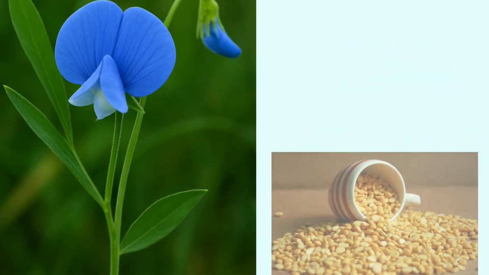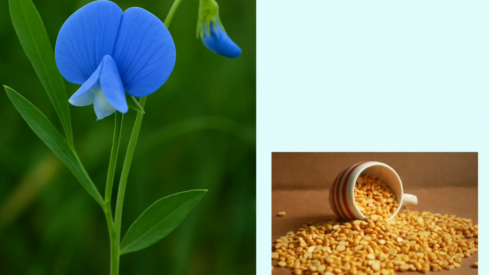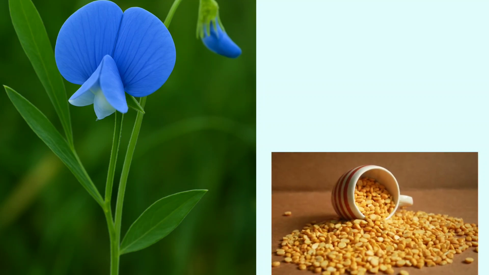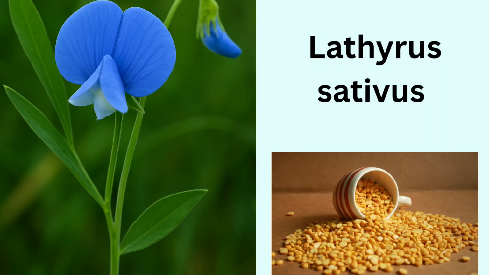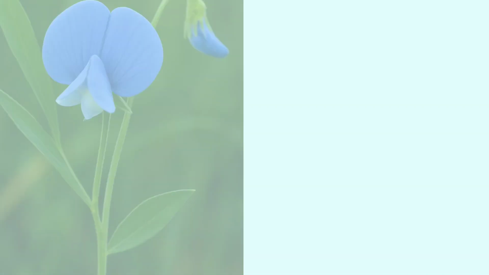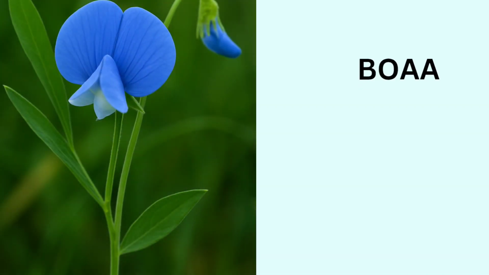So the next one. What is this plant which comes from a food, Kesari dal? This is Lathyrus sativus. How do you identify it? It is a blue to purple pea-like flower with winged stems. Whereas the morning glory is a blue flower with a pinkish hue, this will be a blue pea flower. It contains the active principle BOAA. We have seen it already, and it is a neurotoxin causing neurolathyrism.